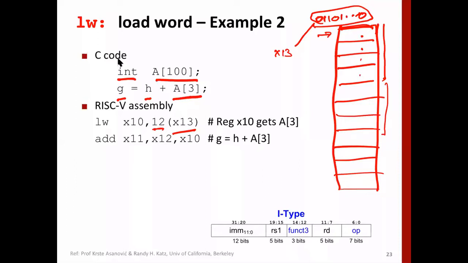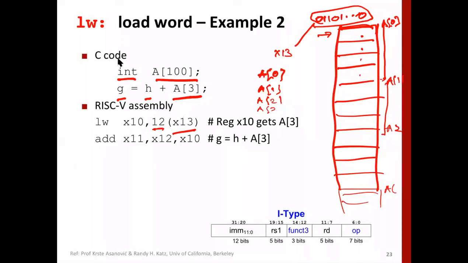First starts with 0, second starts with 4, third starts with 8, and the next starts with 12, right? Sorry, here we are assuming that A3 means A is starting with A0, A1, A2 and A3, right? So A0 will start from here, then 4, then A1, A2, and after this it will be A3. So the offset will be 12.